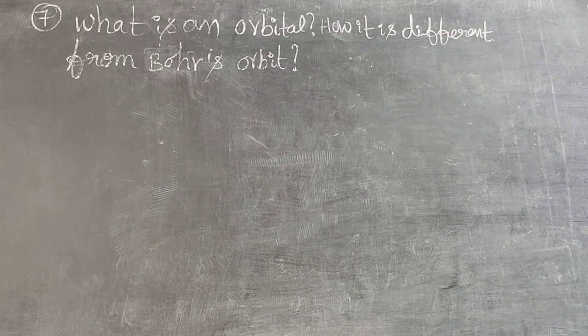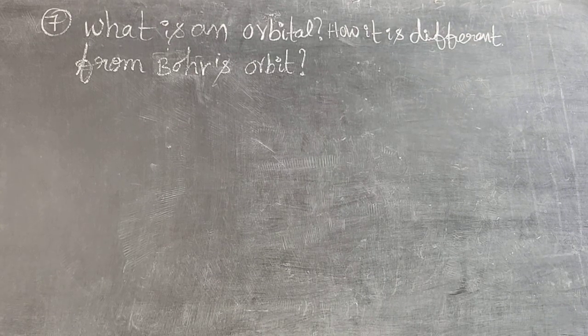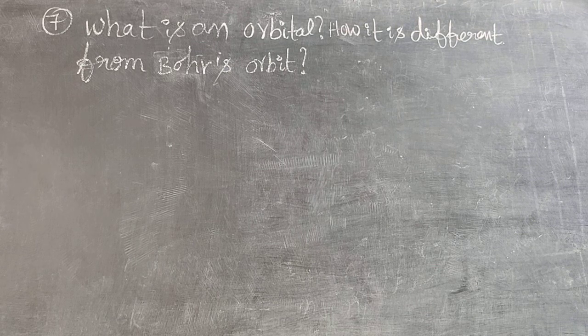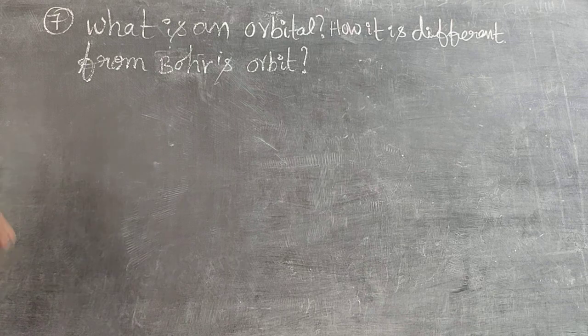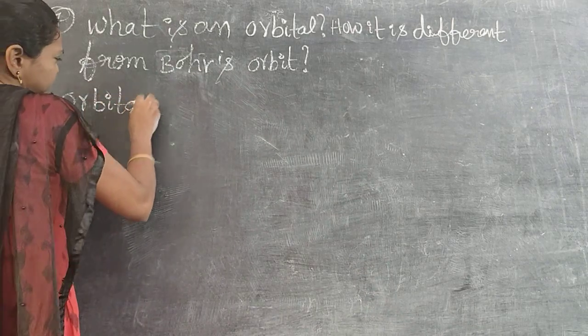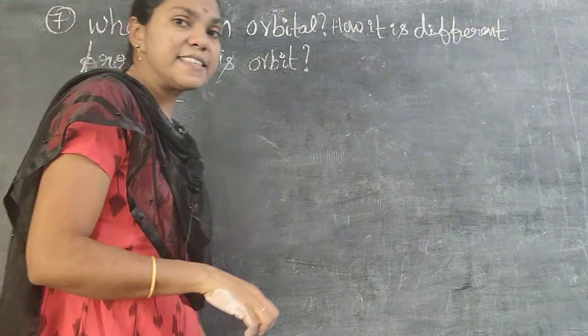So our next question is the 7th question. What is an orbital? How is it different from Bohr's orbit? What is meant by an orbital and how is it different from Bohr's orbit? What is the meaning of an orbital? You write first the orbital definition. What is an orbital? The space or region